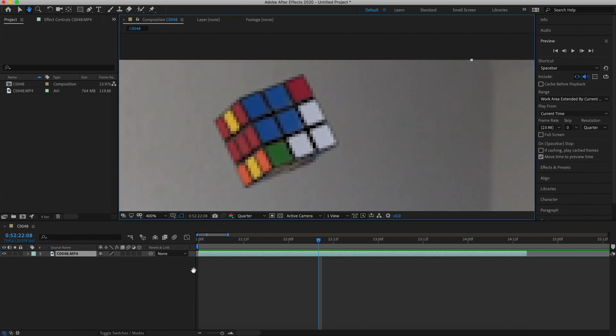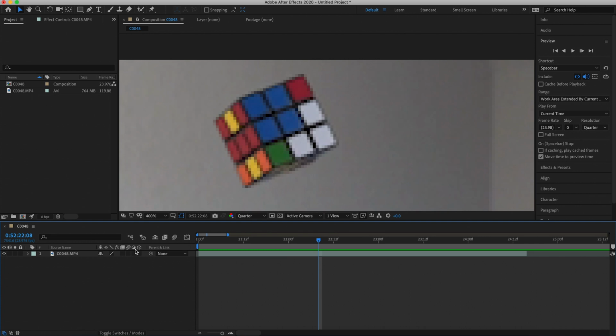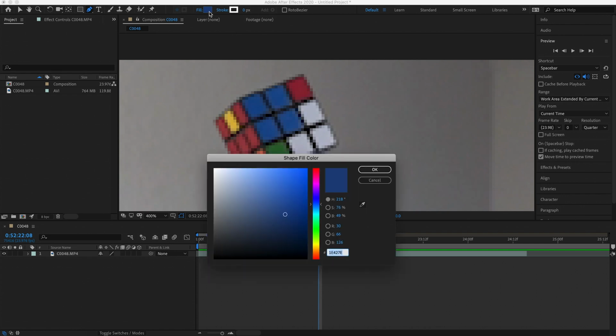So what I'm going to do is I'm going to deselect the clip right here, and I'm going to go to the pin tool by clicking it up top or pressing G on your keyboard, and then you're simply going to grab the fill, and then you're going to get the eyedropper tool and you're going to select any part